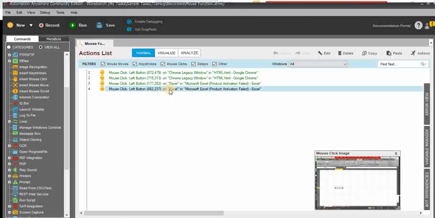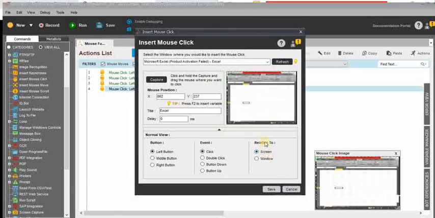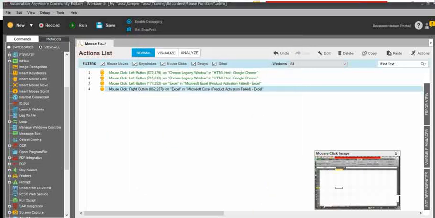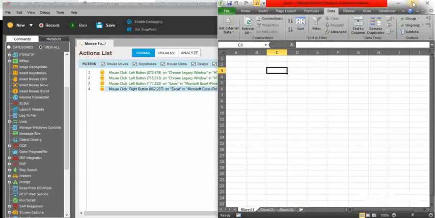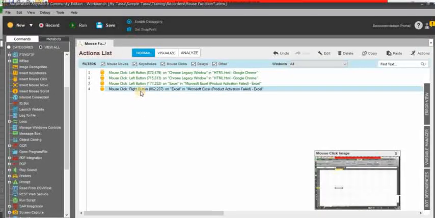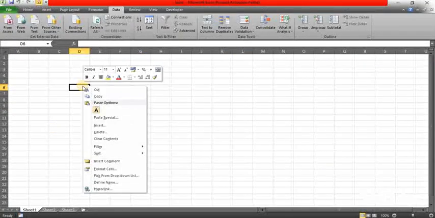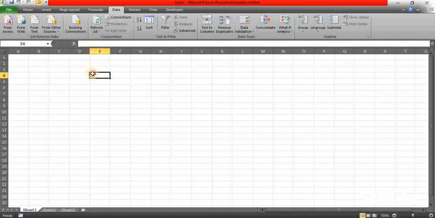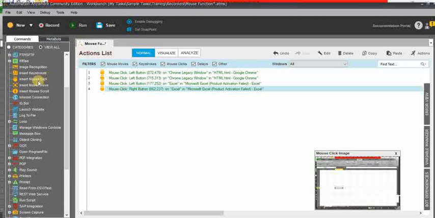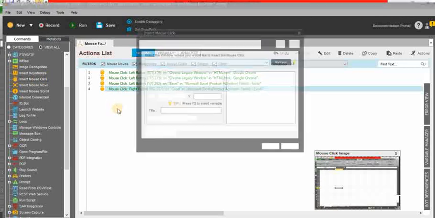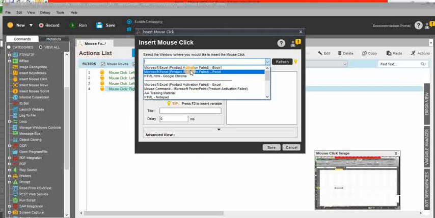For that, the default options in the expand, you can see relative to. This function is helping for that only, and the right button. So next I will show you how to use the right buttons. So in Excel, I'll disable this one. In Excel, if you select the mouse right click, it will display other options: cut, copy, insert, delete, and the other options, right? Like the same, we can use the mouse right click option. Insert mouse click, and you need to choose your window.